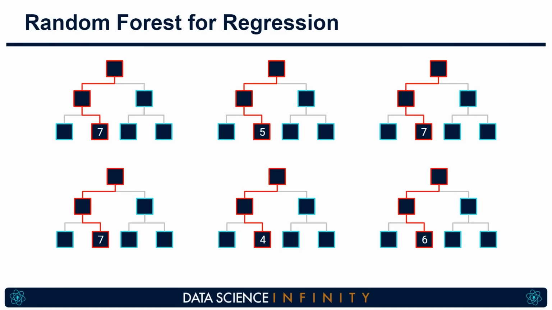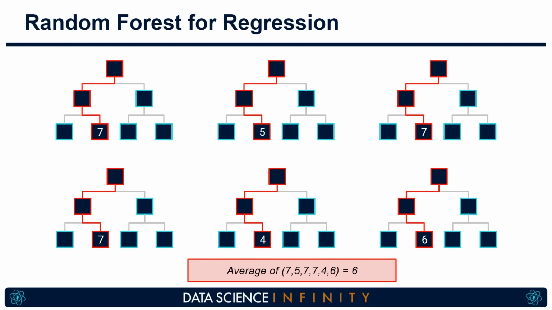We can then take the average of all of these predictions and use this as our final prediction. It all kind of makes sense, right? But you may well be asking, why is the prediction for each decision tree different? Surely they should give the same prediction. Well, the answer to that lies in the name. We're using a random forest.